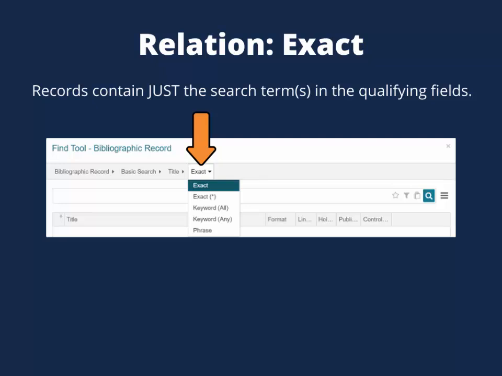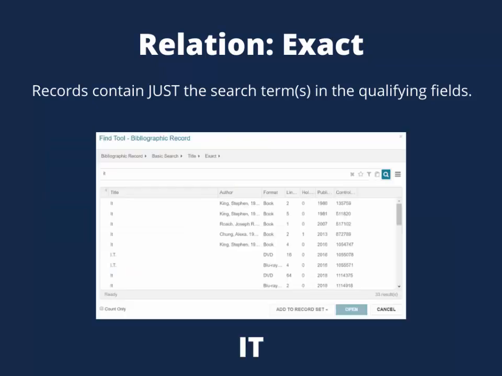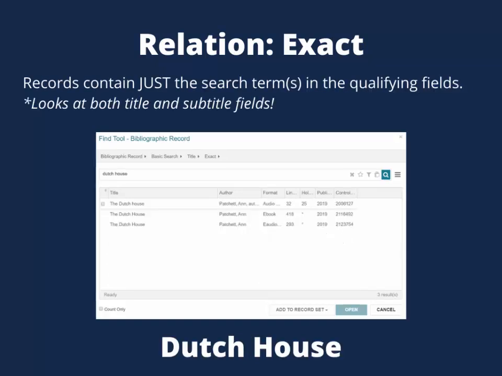An exact search looks for records that contain just your search term or terms in one of the title fields. It's very useful for short, one-word titles such as Stephen King's It or the Disney movie Up. One thing to keep in mind when using exact relation to search titles is that it's looking for both the title and subtitle. If I search Dutch House using exact relation, it will not return records that include the subtitle